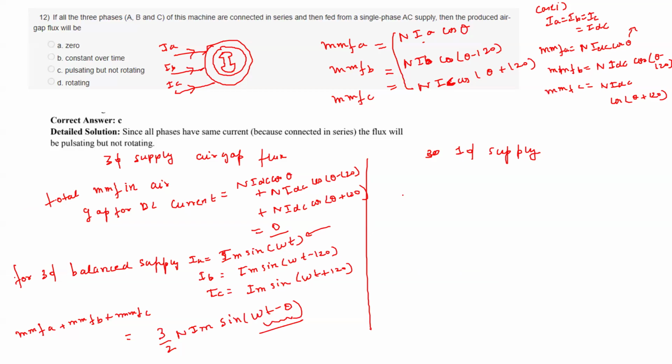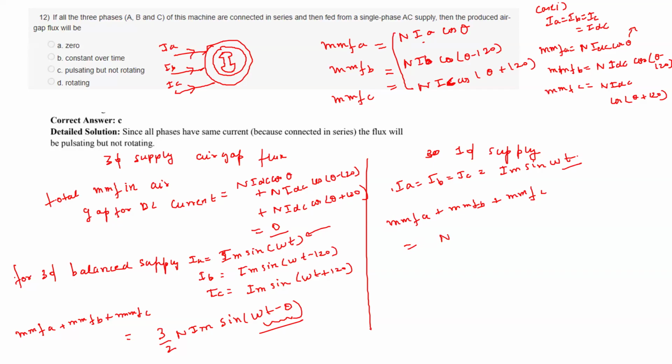Here IA is equal to IB is equal to IC is equal to Im sine omega t, and then your MMF A plus MMF B plus MMF C